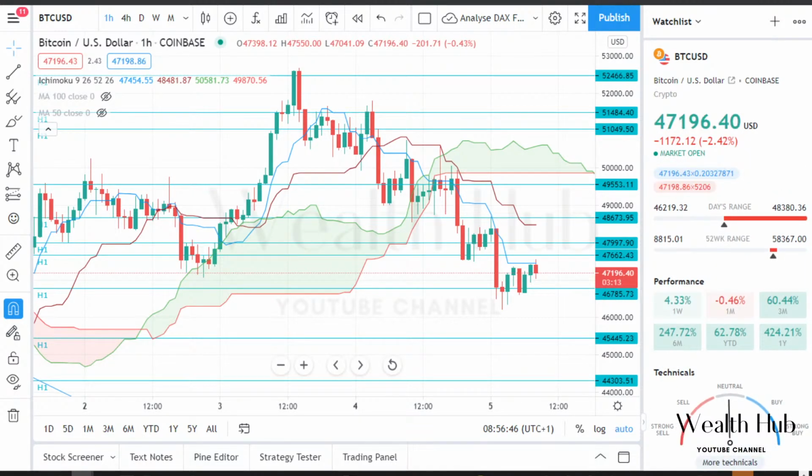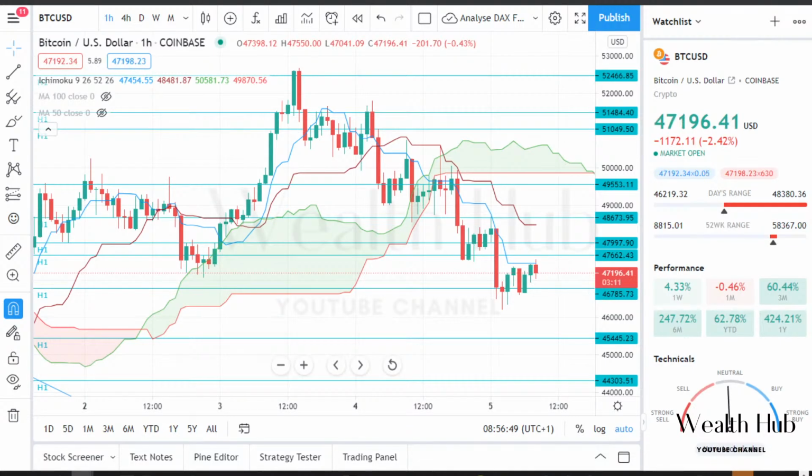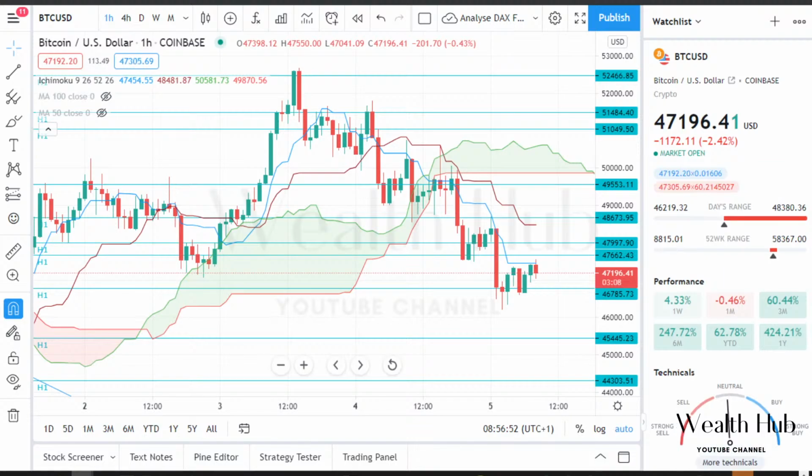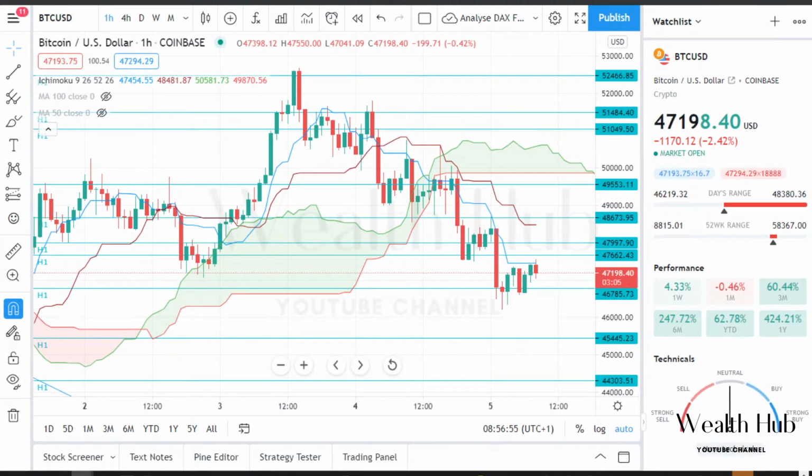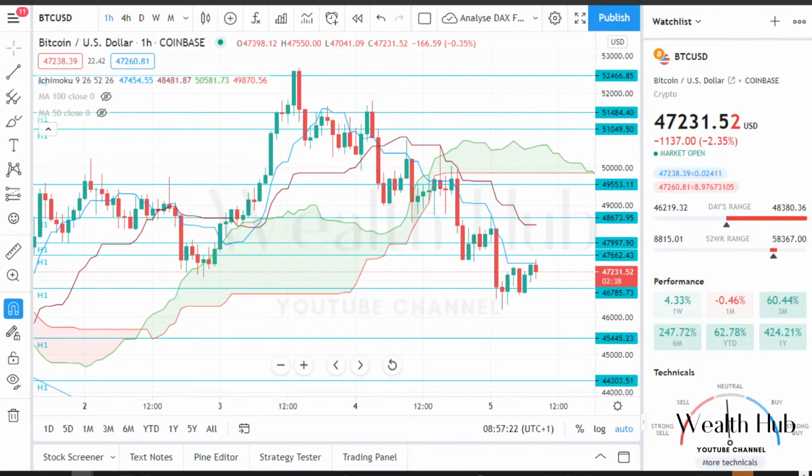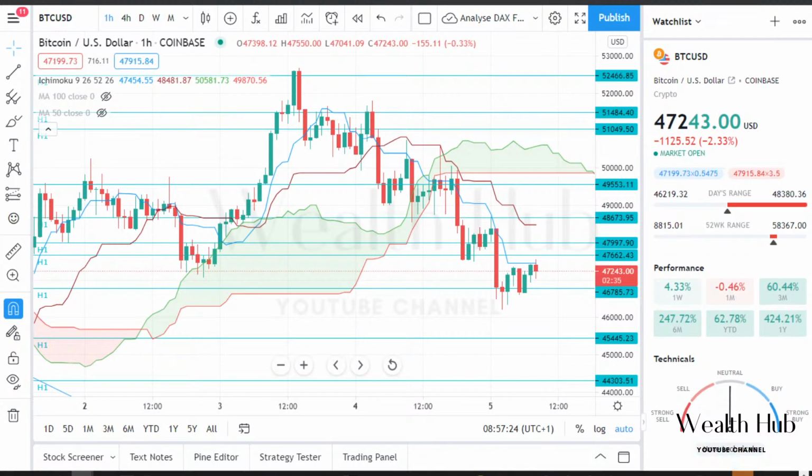Hey guys, could I ask some advice, please? I've done a bit of TA, and I'm just wanting to know. So I've got my Fibonacci drawn up here, and it looks like Bitcoin's in a descending wedge, right? Yep. Am I right? And it's bounced off the Fibonacci. On what time frame? I'm looking at 45 minute and hour. It looks like it's bounced off on the last sort of dump, right? This one is the